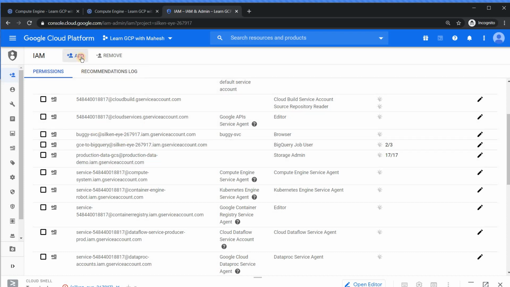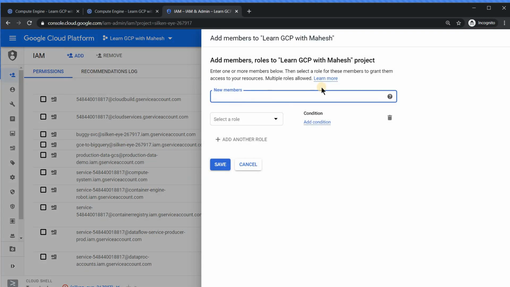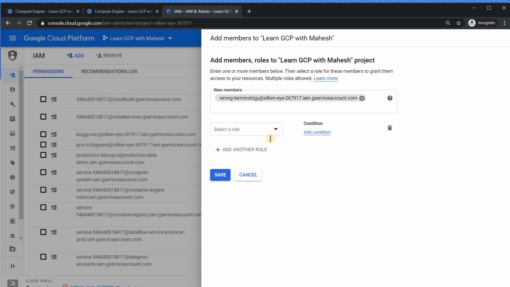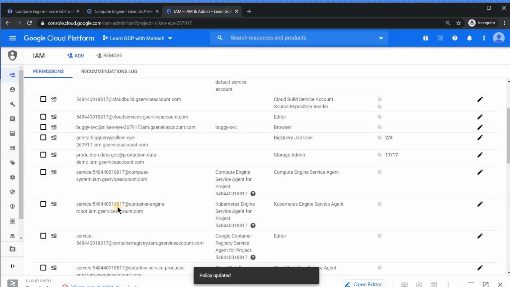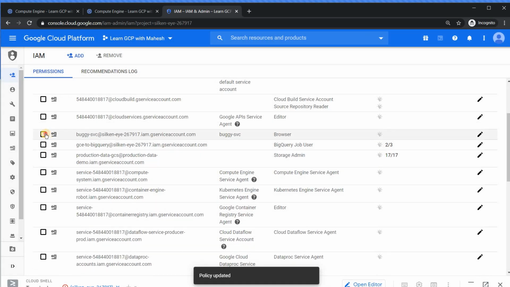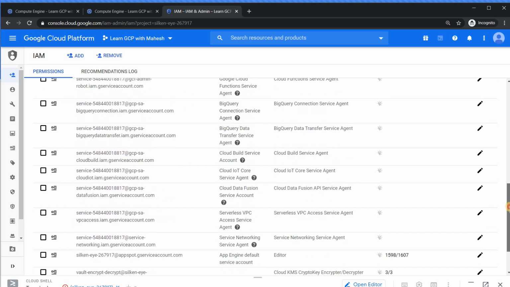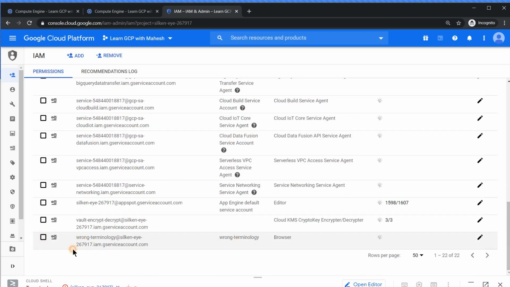Maybe a slight deviation, but I just wanted to give you that confirmation. For wrong hyphen terminology, let's give browser as well. If we do that, you should see both. This is the one, and wrong. If you scroll down, you should see that. You see both, right?